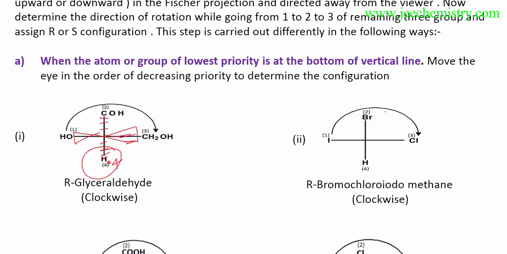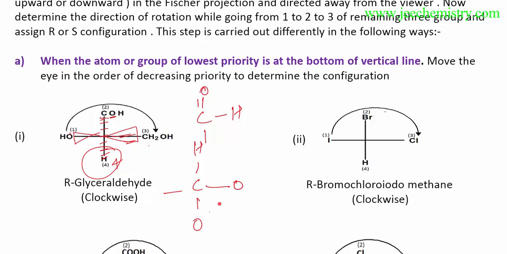So in this way, oxygen is 1, then this carbon will provide the 2 priority group, then this carbon. For these 2 carbons, how will the atomic priority be given? This carbon is identical. Now the second atom is oxygen. Here the second atom is actually an aldehyde. This group is like this: C double bond O, and one hydrogen is there.